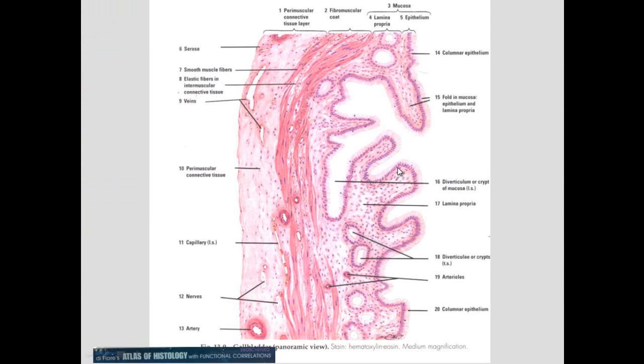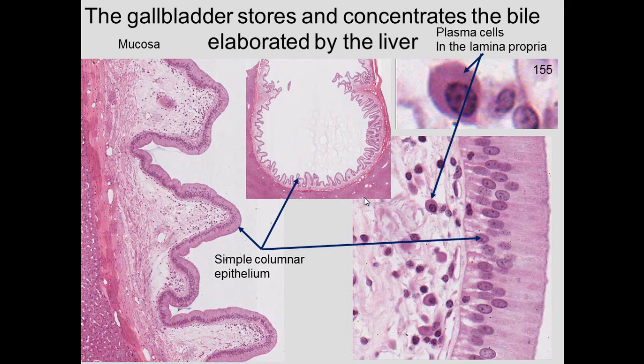Here we see the gallbladder, some smooth muscle, a lot of connective tissue, and simple columnar epithelium covering the lamina propria. We can see the real specimen. This is liver out here, but then you can see simple columnar epithelium. In the lamina propria, there's lots of plasma cells associated with producing antibodies that would go into the bile that